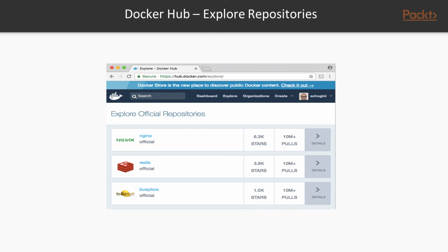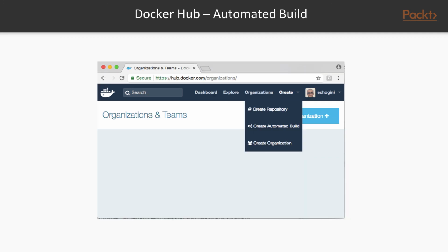Explore repositories menu. Using this option, we'll be able to browse and explore images that are there in the Docker Hub. We can explore public repositories even if we are not logged in or have a Docker ID. The create automated builds menu is the option that enables us to automatically create builds from a Dockerfile added to a GitHub or a Bitbucket repo. We'll learn how to do this soon. In this video, we learned about creating Docker Hub website menu options,